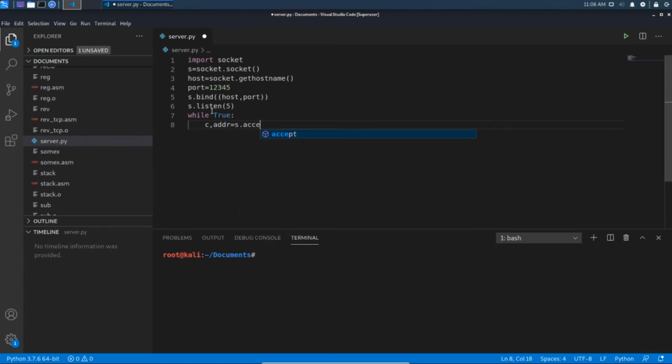Here we are going to accept the connection by using the accept method. And for confirmation we are going to write a simple message using print after accepting the connection from the client.